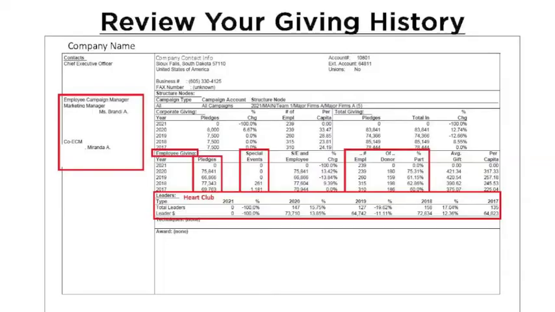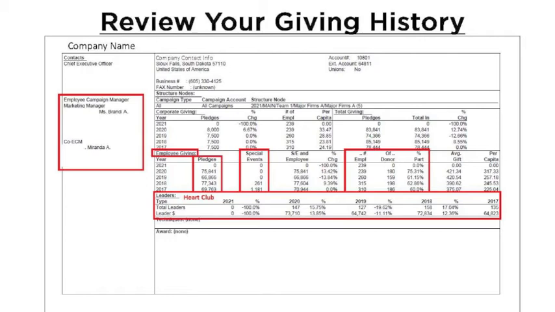So in reviewing your giving history and helping you to set goals there, you will have a campaign profile report that looks like this. And that is going to be a great way for you to analyze your past campaign results. There's a portion of the report that says employee giving, and right next to that, there's a portion that says pledges. So pledges are the dollar amount that you raised in those previous years. You should have about a 4-year campaign history listed there.